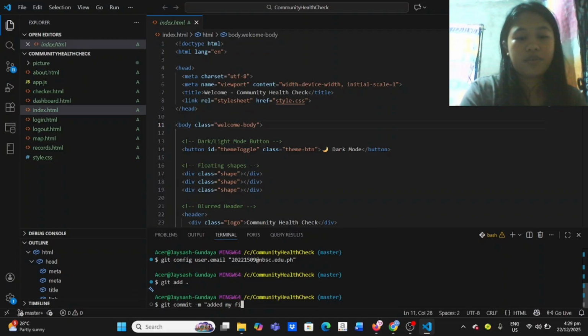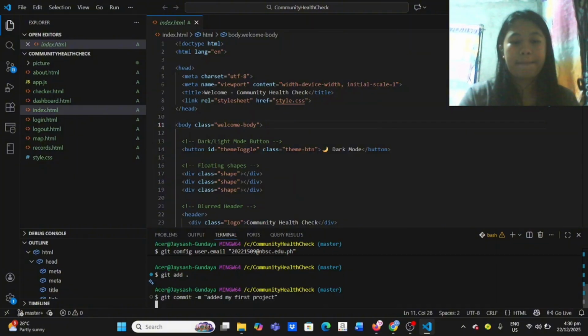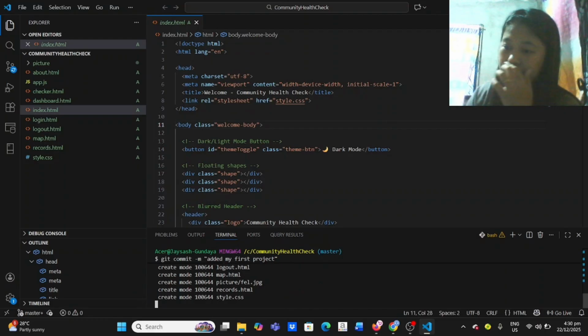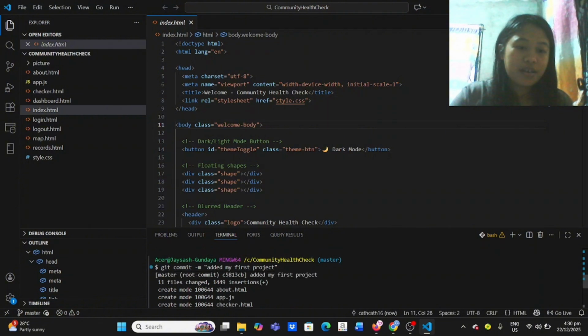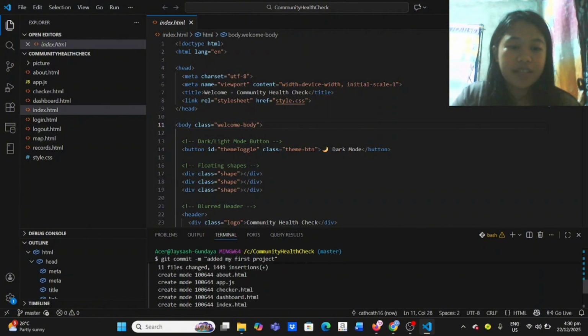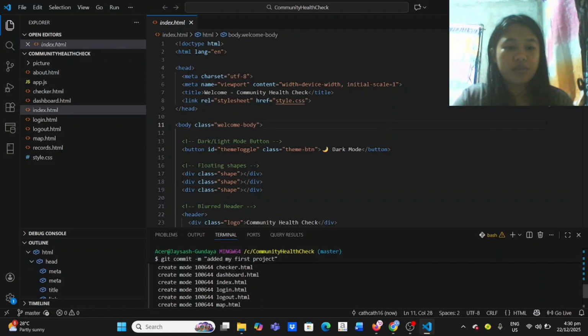My first project. Then after this, it already added my project, which is in this folder: checker, HTML, dashboard, index, and so on.